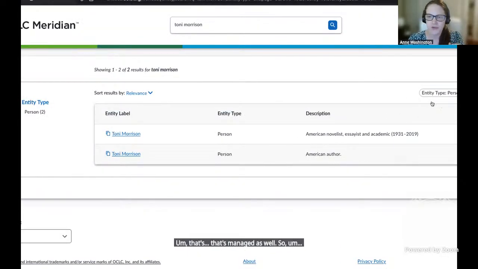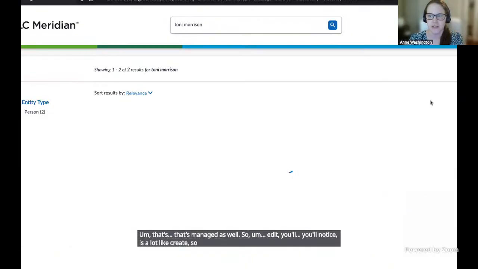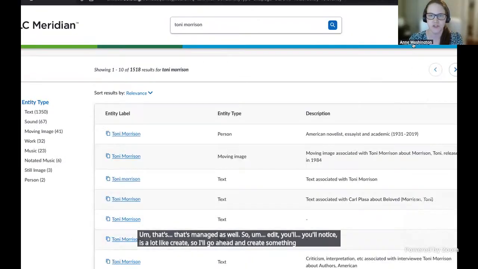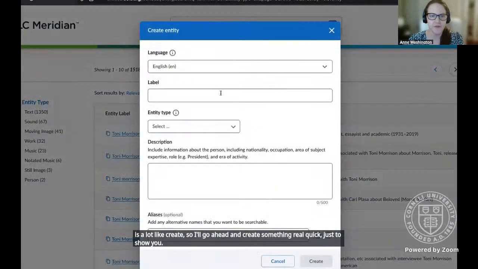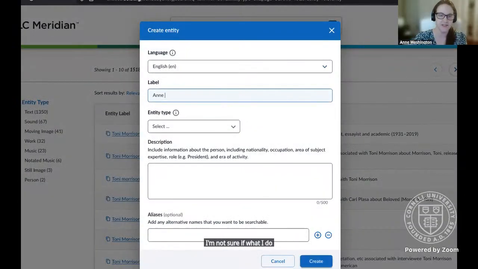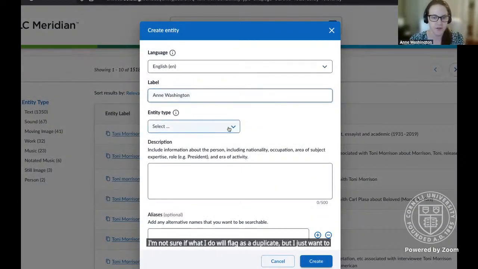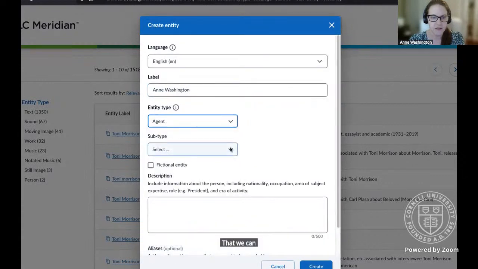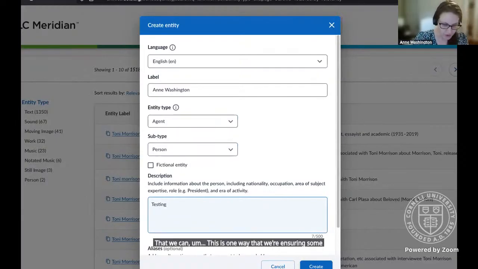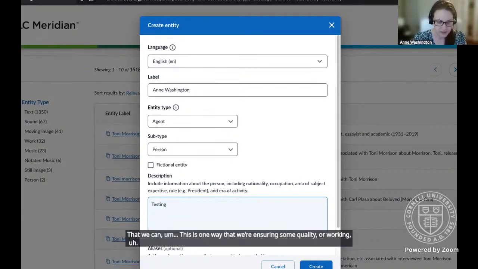So edit, you'll notice, is a lot like create. So I'll go ahead and create something real quick just to show you. I'm not sure if what I do will flag as a duplicate, but I just want to mention that this is one way that we're ensuring some quality, or working towards that.